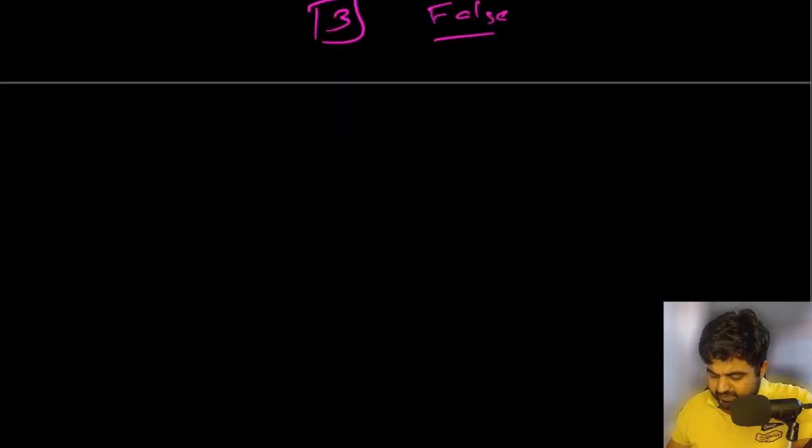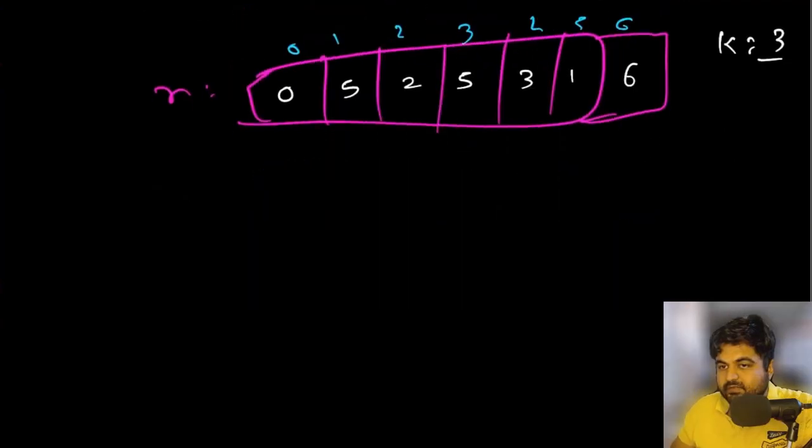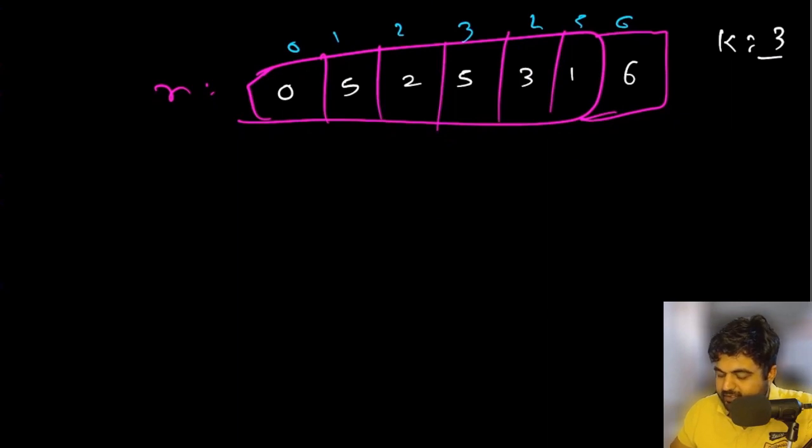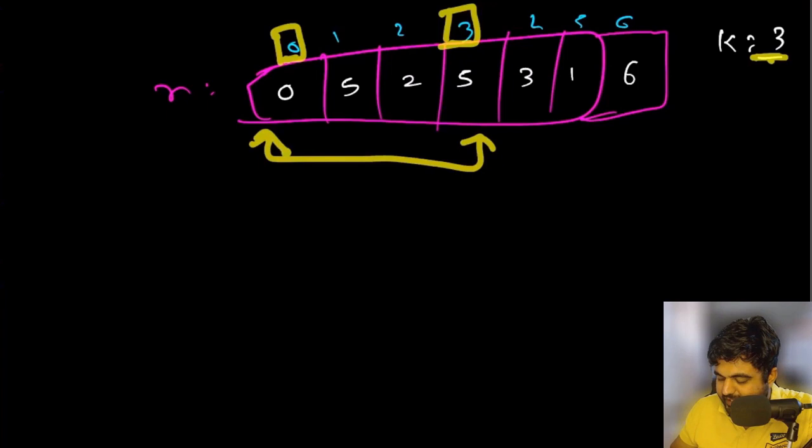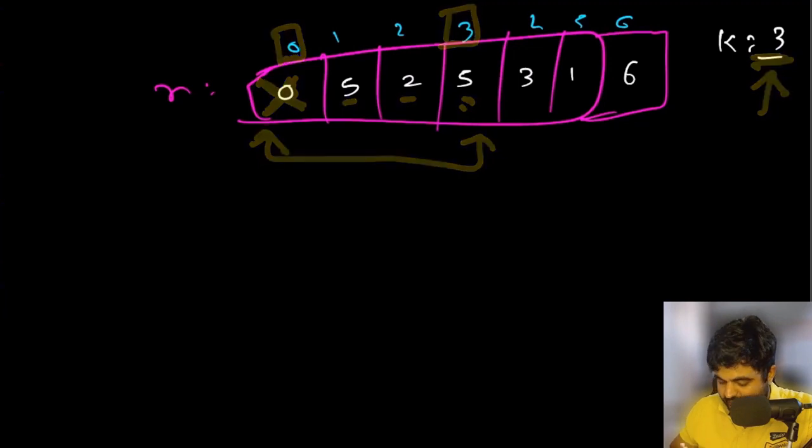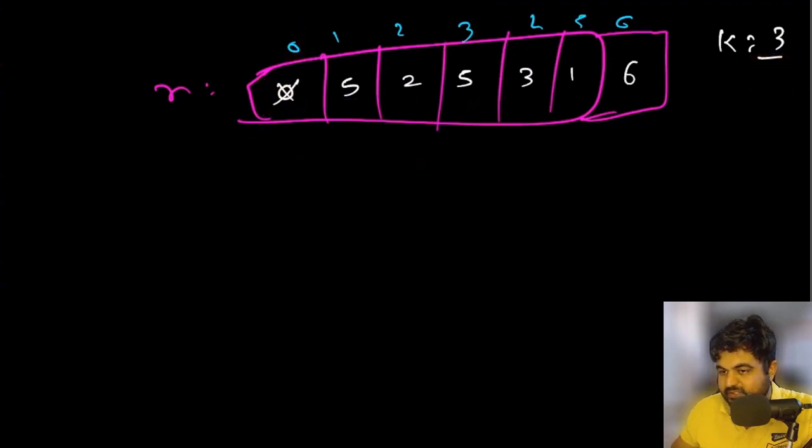Now let's see what is going to be the simplest approach we can take. Okay, so suppose this is the input we are given. Now let's see the brute force way to solve this problem: we pick any element, then we check the next k elements. So in this case, currently we are allowed to check up until this point. So between these portions, we check whether 0 is present in any other value or not. If 0 is not present, we can define that 0 would not be a duplicated entry in any of the window, because we are strictly told that we can only check the next 3 elements. So in this case, we can get rid of 0 because 0 is not present.